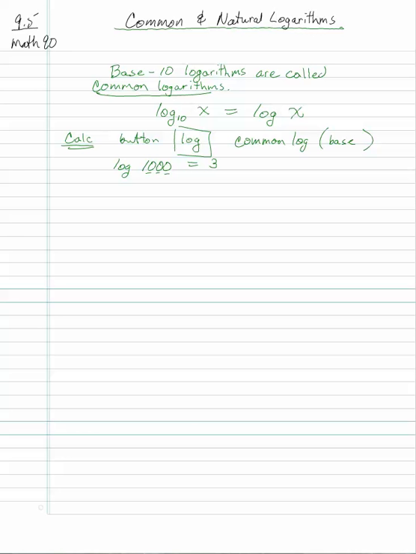Okay, so get your calculator out, make sure you know how to use it. So you experiment: hit the log button first, then the 1,000, hit enter, see if you get 3. If that doesn't work, do it the other way around. Hit 1,000 first, then hit the log button and see if it says 3. Okay, so just experiment with your calculator. And then you can try things like what's the log of